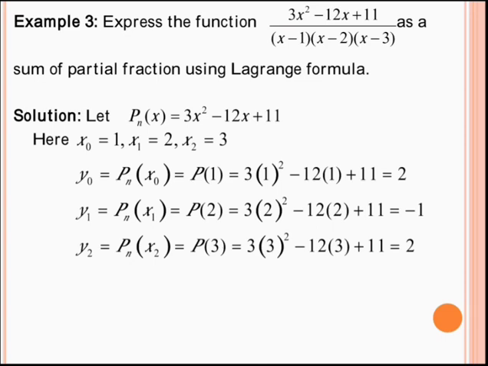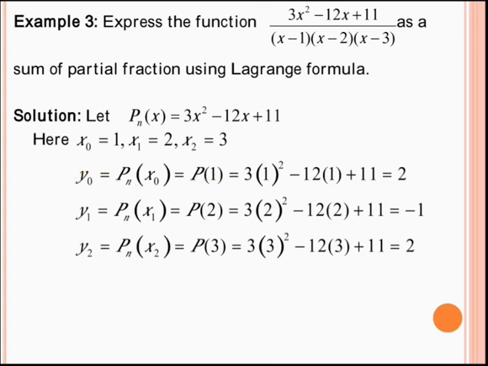If I can express this in these terms, then this is called partial fraction. Now see, the numerator is our polynomial, that is p of x, and the denominators 1, 2 and 3 are my x0, x1 and x2. I have to find y0, y1 and y2. My function is p of x. Now I will keep all the values of x one by one. See, y0 is p of x0. x0 is 1, so I will find the value of p of 1. I will put 1 in place of x over here, so I get y0 as 2.